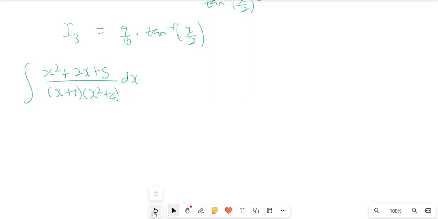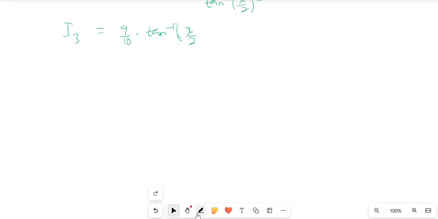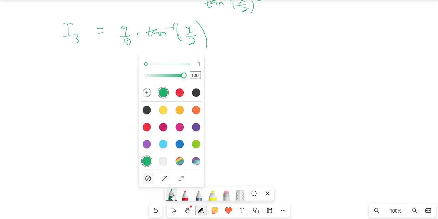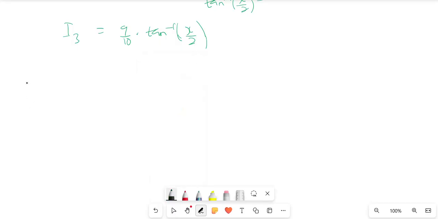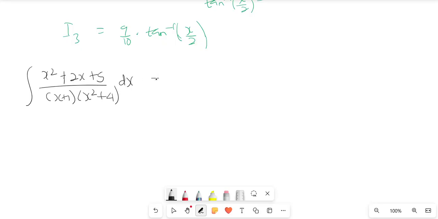Should do this in black pen since the original one is in black pen. Our original integral should be equal to